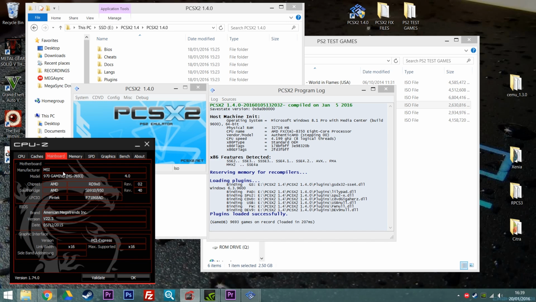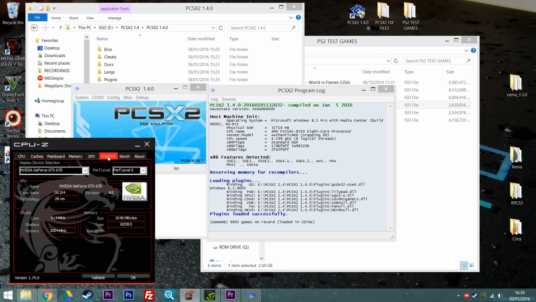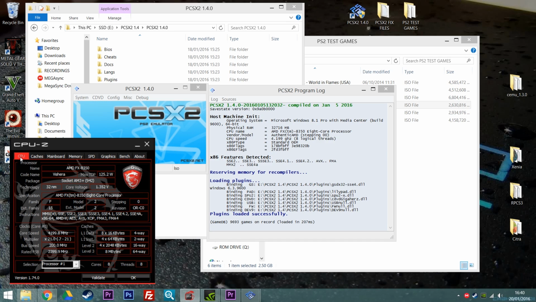What have I got? The 970 MSI gaming board, which isn't too bad, to be honest. I got 32 gigs of RAM, which is quite overkill, but why not, eh? Graphics, for some reason I've got a 670 NVIDIA, and that's got 2 gigs of RAM. So yeah, it's not bad. However, the main one that I made you download this program for is for this bit here, where it says